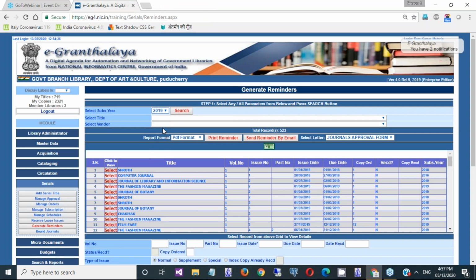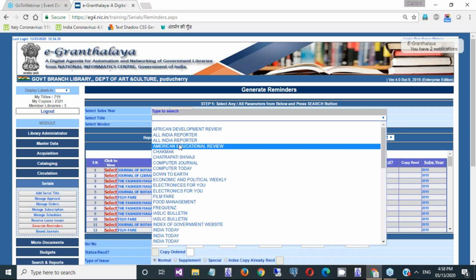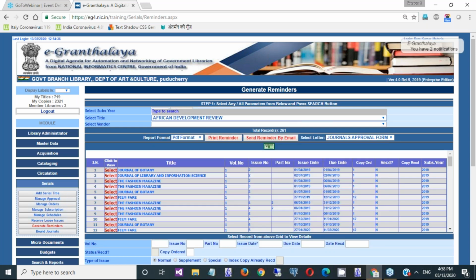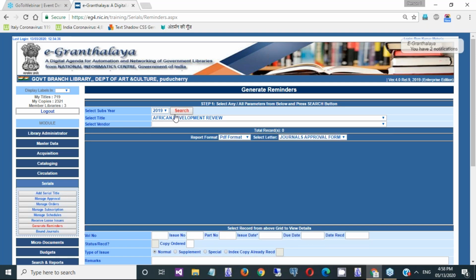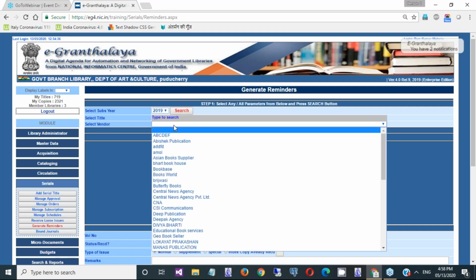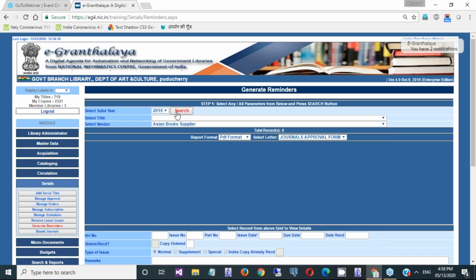If you want to generate for a particular year, select the year, or you can generate a reminder for a particular journal, or for a specific year and specific vendor accordingly.